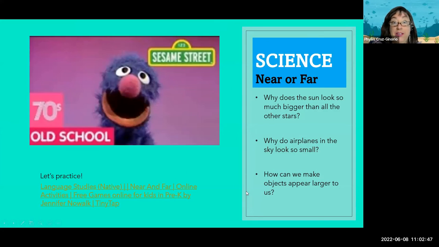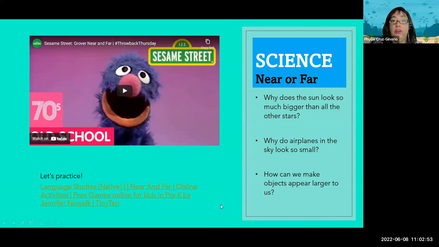So now we're going to practice near and far. Well, what did Grover explain to us? He showed us actually the answer to our question. Things look smaller, they appear smaller, when things are farther away. I want you to try that one day. Ask your mom or dad to walk farther away from you and see if they appear smaller. They don't actually shrink. They just look much smaller because of the